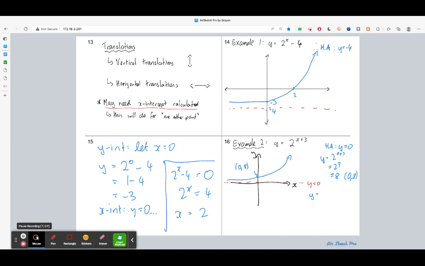Because the numbers aren't that hard, I'm going to go 2 to the power of 1 plus 3 is equal to 16. This is my one other point. And so I'm going to go 1, 16. It's not very well scaled, this graph, but I hope that kind of gives you a sense of what to do. Again, you can pick whatever your one other point is, but do one other point